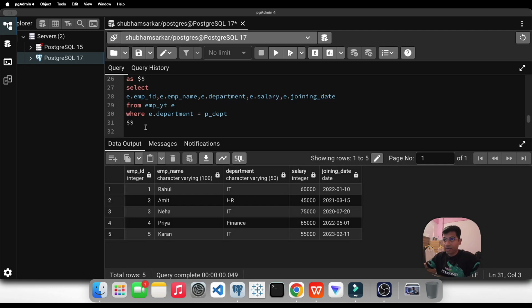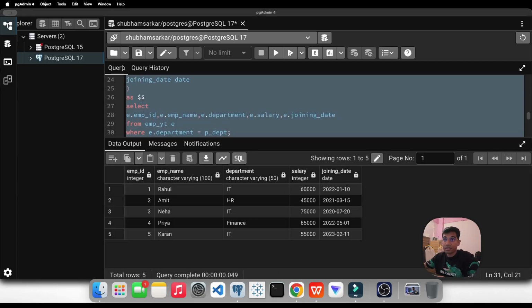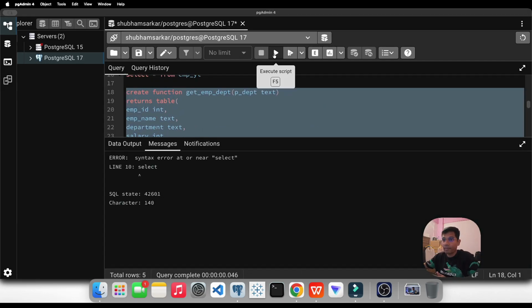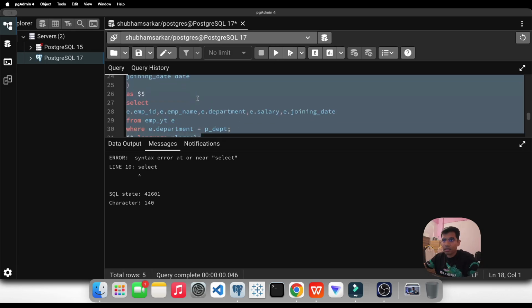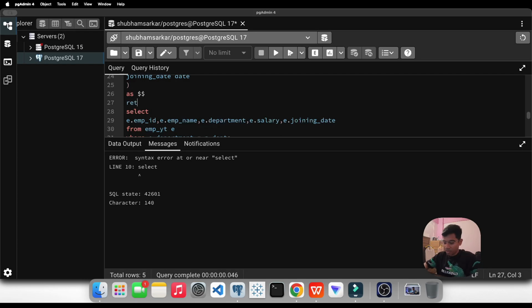Then we will write language plpgsql, okay. We will write like this, simple as it is. Right now let's execute it, okay. So here what we are getting, select, okay, we will write return query,